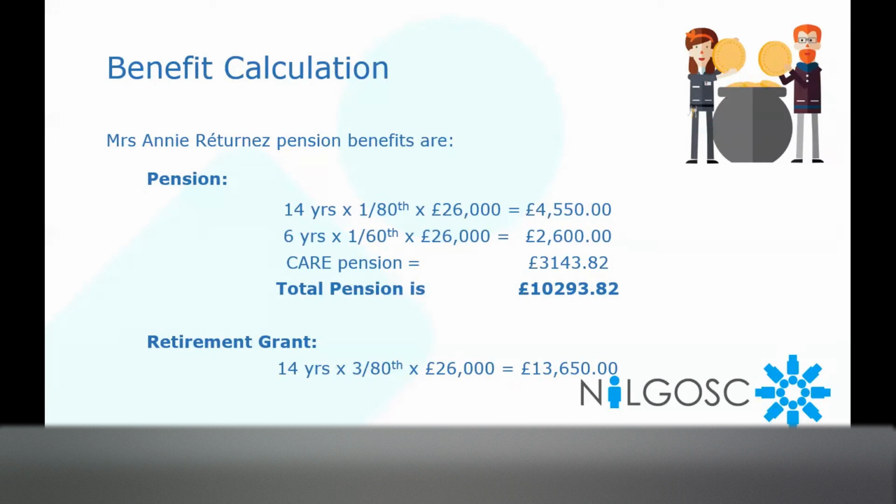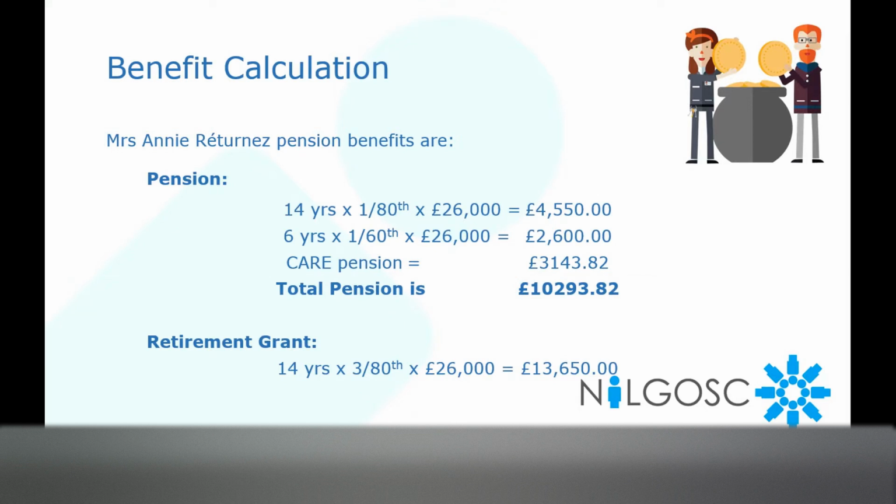Okay, so if we now look at her final salary benefits. So in the pre-09 scheme, she had 14 years at 1/80th times her final salary of 26,000, which was £4,550. The intervening period was 6 years times a 60th times 26,000 gives her 2,600. And as was seen in the previous slide, the CARE pension was £3,143.82, giving Mrs. Annie Returnes a total pension of